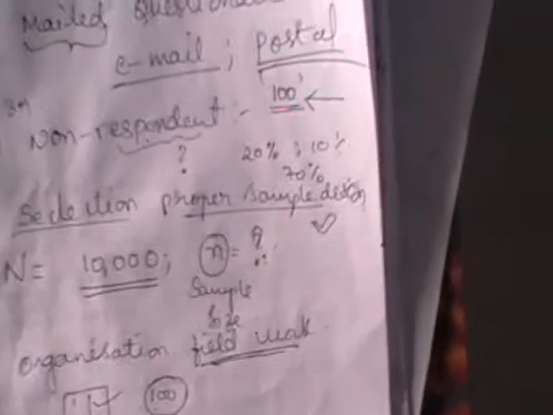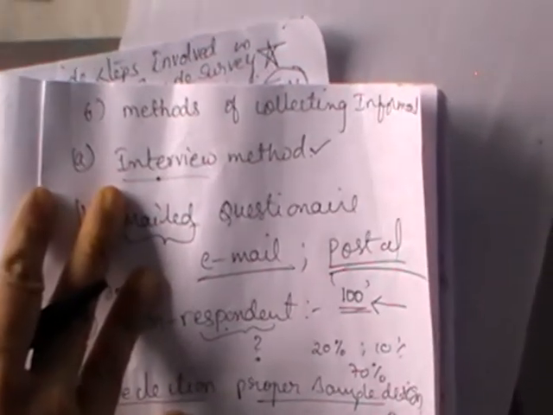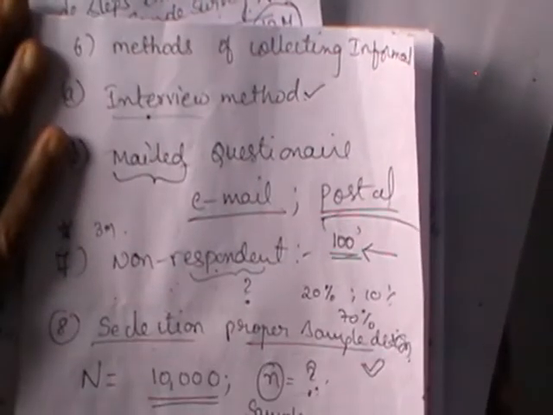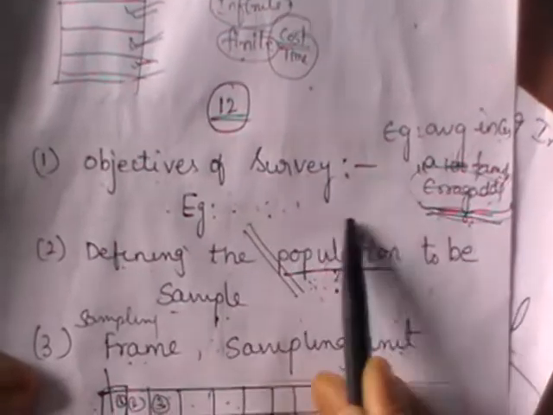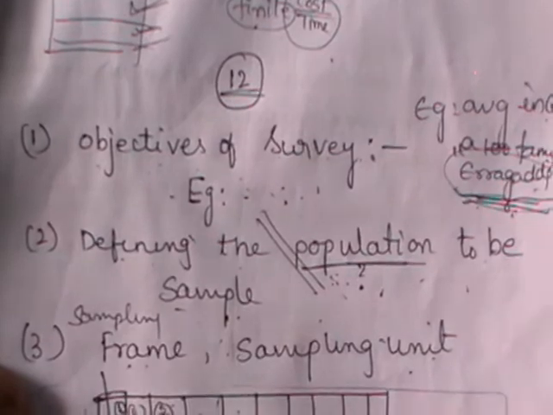I'll repeat the same side headings again. Principal steps involved in conducting a sample survey. Conducting any sample survey involves 12 major steps. The first step is the objective of the survey. You should specify the objective of the survey clearly. In the second step, define the population from which you are going to draw the sample. The population should be clearly mentioned and it should be in connection with the objective of the survey.